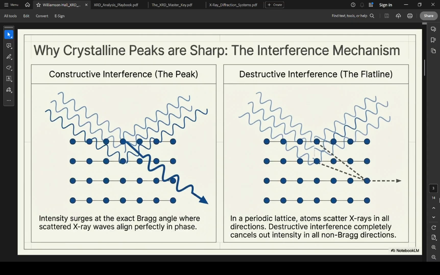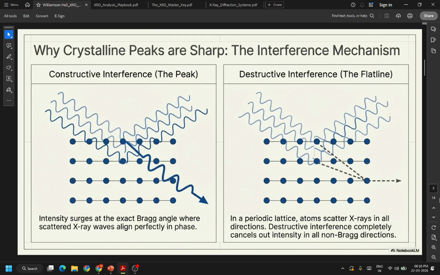So why are crystalline peaks sharp? At the exact Bragg angle, all the scattered X-ray waves are perfectly aligned in phase, so they all constructively interfere, which gives you the high intensity peak. And as soon as you move away from the Bragg angle,